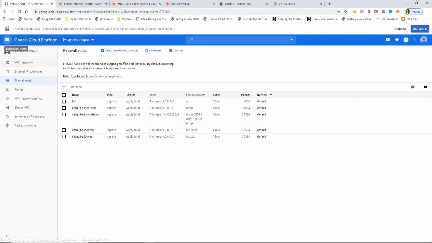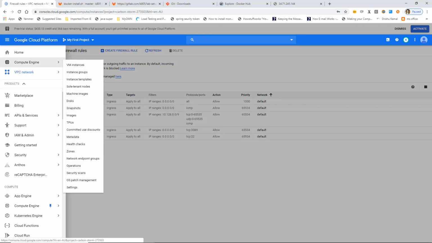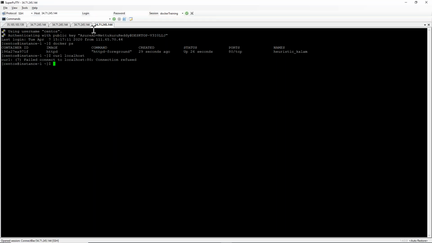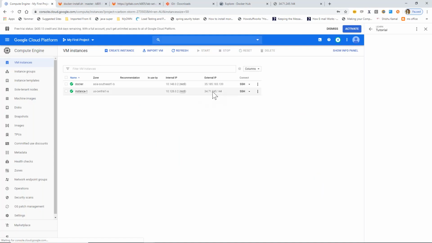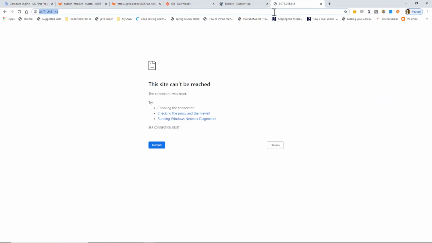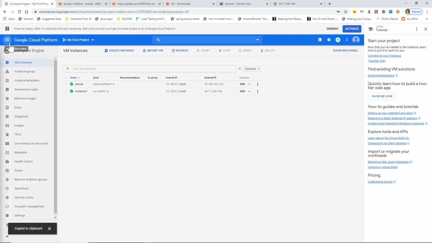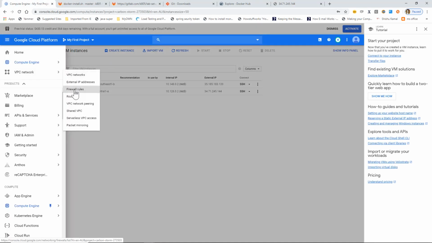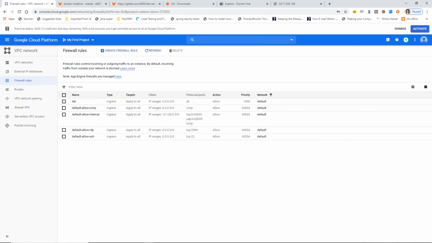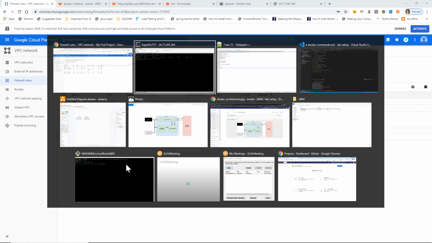Here to open. Okay, which one are we trying? 144. Yeah, that's one. 144. You haven't opened it. No, I enabled it for all instances. Oh, is it? All ranges, all protocols.